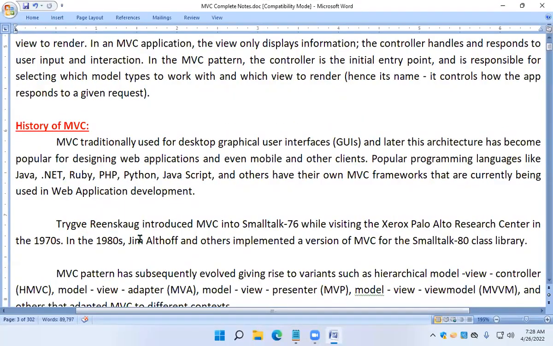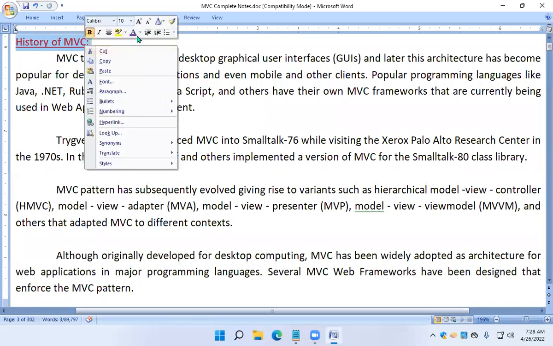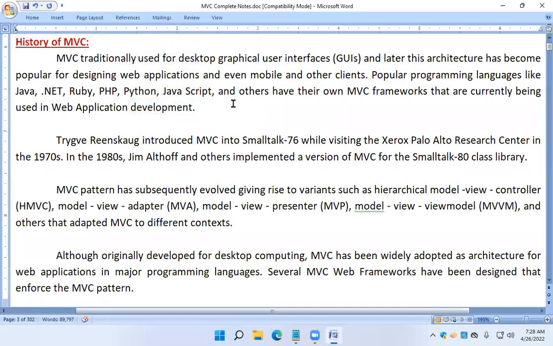If you look into the history of MVC, it was traditionally developed for desktop GUI applications. Later, this architecture became popular for designing web applications. So the initial design was for developing desktop applications, but later on it became popular for building web applications.